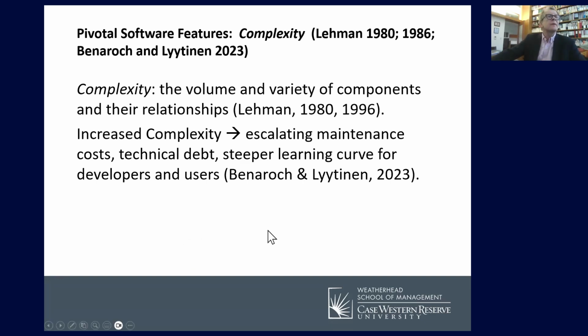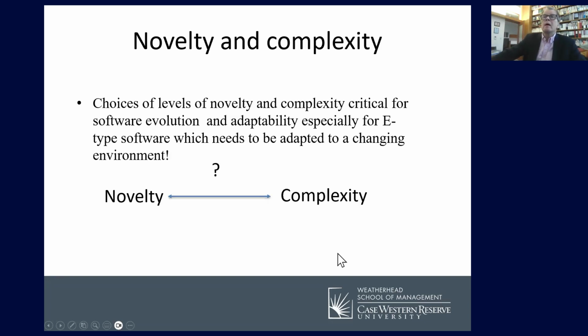So both of these need to be addressed. And as you can see, originally we said that novelty and technical debt are totally in opposition, but they're not. They are interacting in a relatively complicated way. And if you pursue one, you have to address the other in some ways. And there are also ways to address the complexity, for example, refactoring and so forth, but they imply costs and additional effort and also risks. So there are choices of levels of novelty and complexity which any software development community has to make,